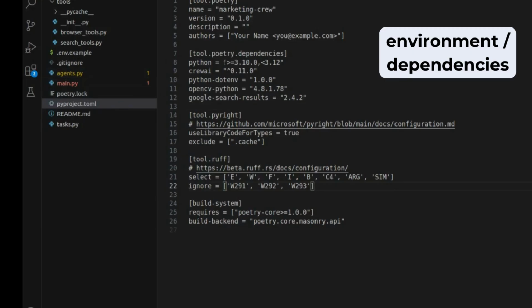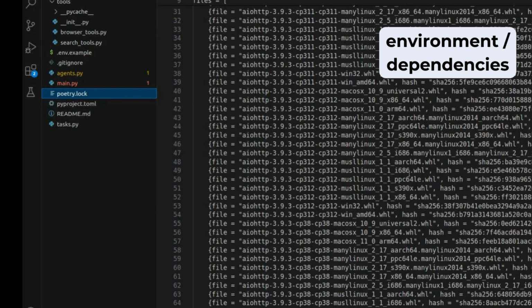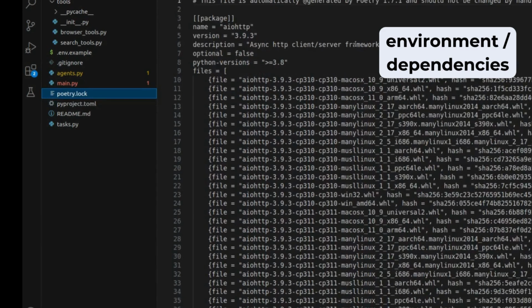So the next thing we're going to do is set up the environment for our crew. And luckily, when you clone the repository, it came with a pyproject.toml file and a poetry.log file. And if you are going to use Poetry, this will make it very easy to install most of the dependencies. We will have to make some fixes, but it will install most of the dependencies, and we can fix the things we need to fix manually, and Poetry will take care of documenting it in the pyproject.toml file. So because we have a poetry.log file,